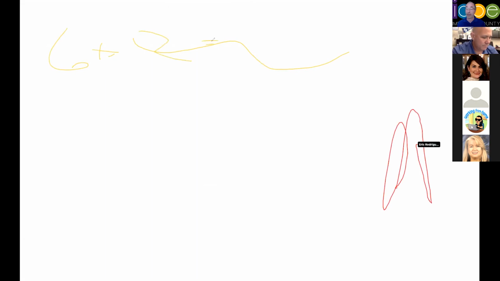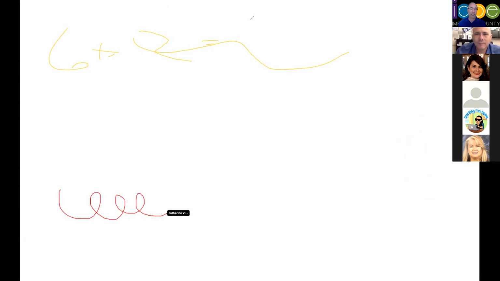And if I enable annotation, you guys can now start writing on this and drawing. Let's say you're a math teacher and you write 6 plus 2 equals, there you go. You can see the name there, Eric Rodriguez. Did you guys see that? There's Catherine. So you see that their name pops up as they write. I do have that enabled, so the names are going to show up.